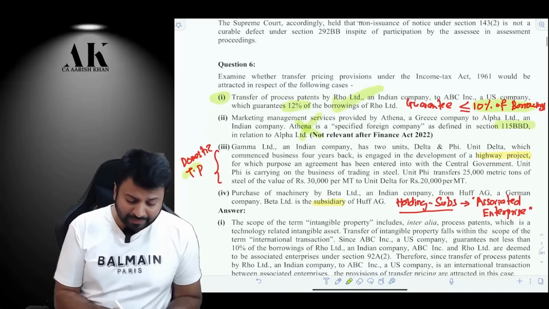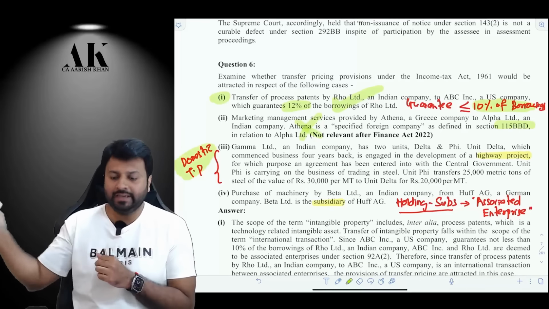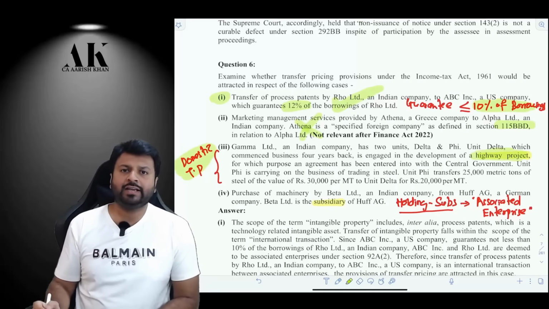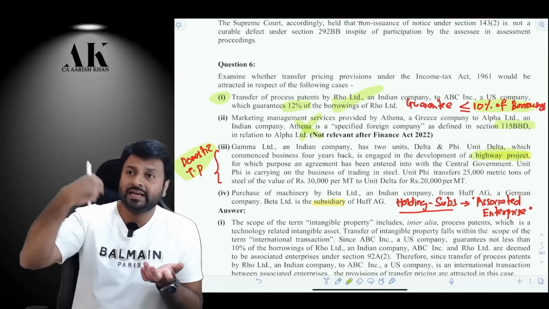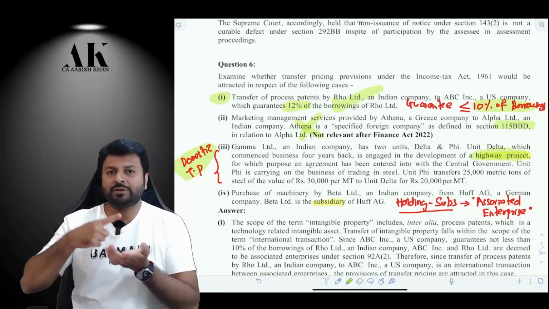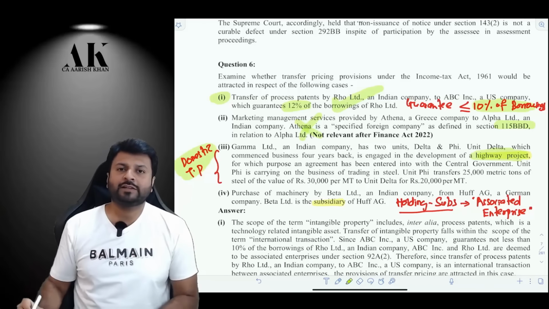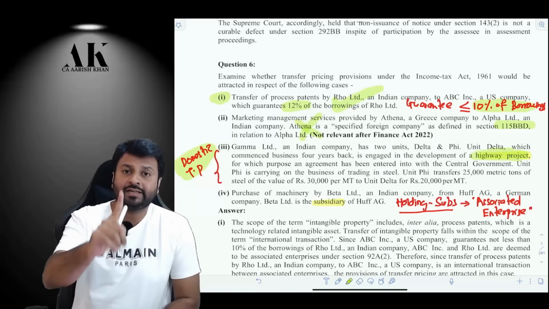The third one is based on domestic transfer pricing. One unit of the entity is in ATIA, a highway project. Highway projects are eligible for ATIA deduction, and the other unit of the SSC is other than ATIA. It is a non-eligible unit. So do you remember that if there is a transaction between an ATIA SSC and a non-ATIA SSC within India also, then domestic transfer pricing is applicable if the aggregate value of transactions exceeds 20 crore rupees.